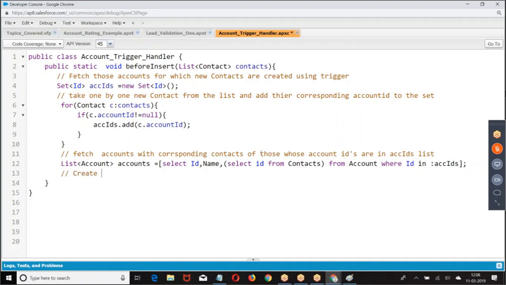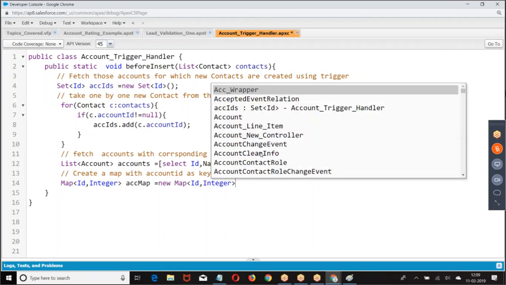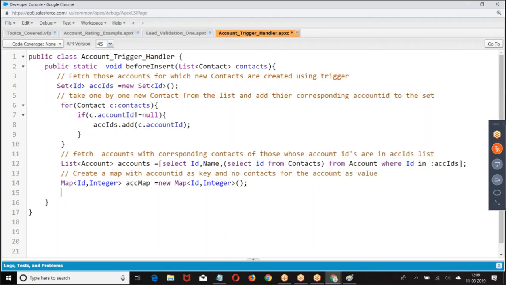Then create a map with account ID as key and number of contacts as value. How did you create it? Map of ID comma integer, so account ID as a key and number of contacts as a value.